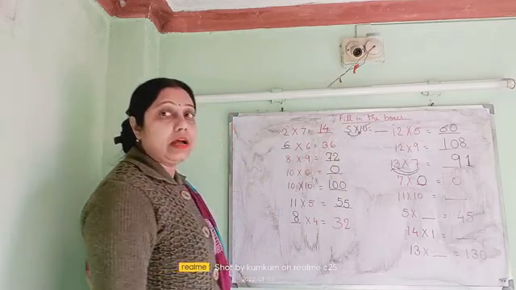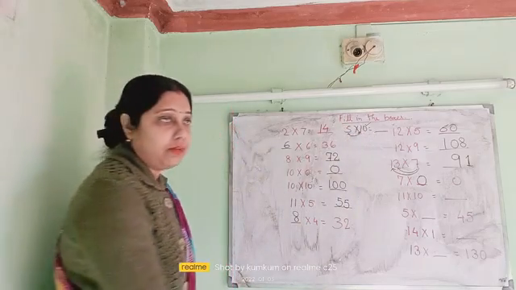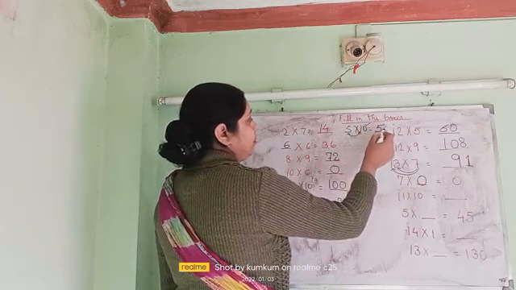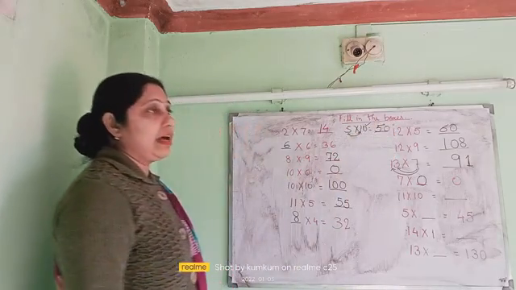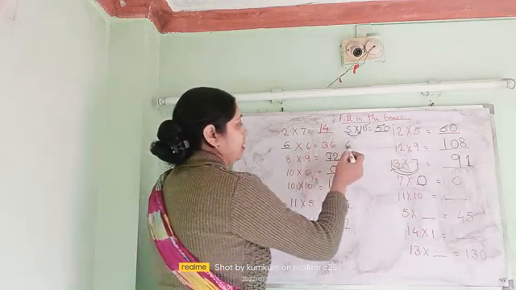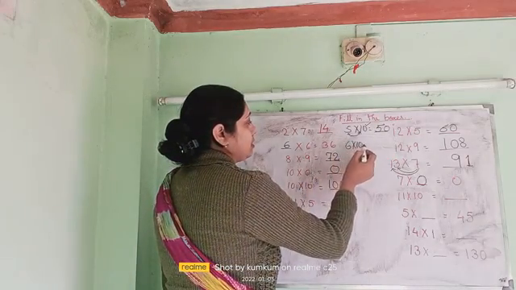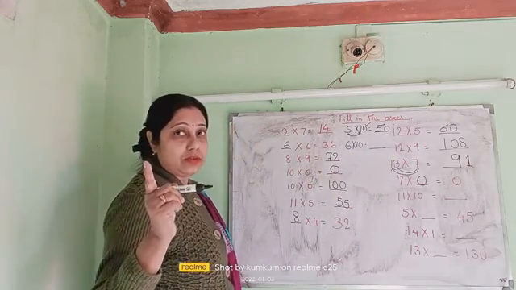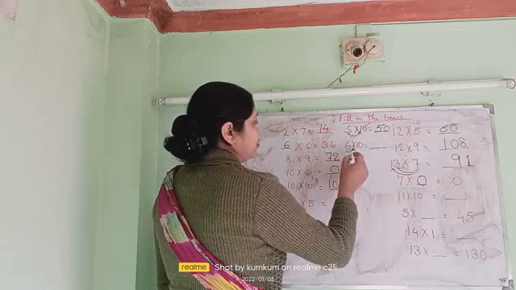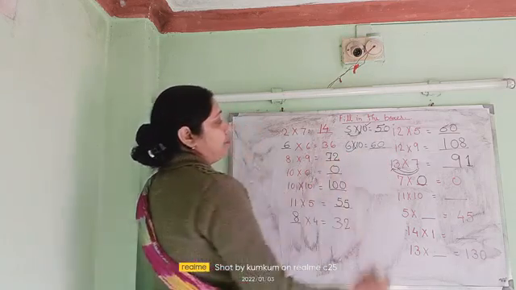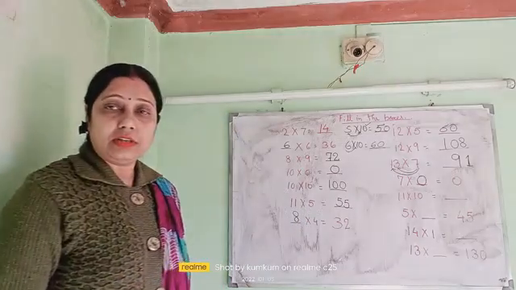So 5 ones are how much? 5 ones are 5. I am writing here 5. And I will just simply put here 0. See, answer came 50. You can multiply 6 tens are 60. How much? We know 6 tens are 60. See, leave the 0 at last. 0 is at last. So multiply this digit, 6 ones are 6 and put the 0. See, so easily we have got the answer.